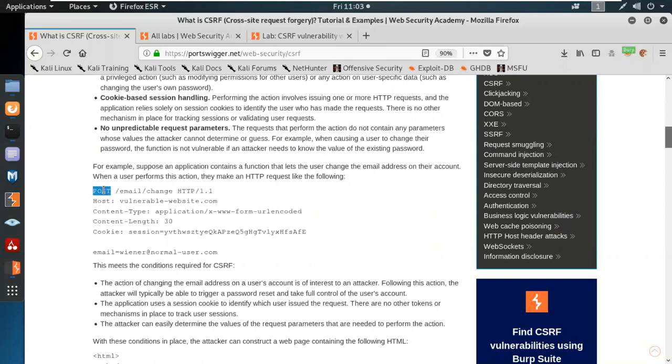A POST request where data will be transferred from a single field of parameters, and they simply change the email. The host header is basically your website, then the content type, and the length of the packet. And the most important thing is the cookie parameter, which contains the session. This is the important part, which is validated from both of the parameters. And you can see they have given the email and the